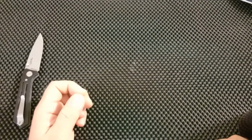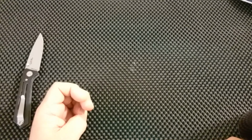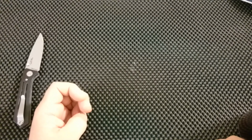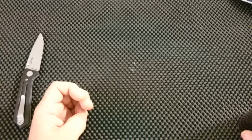I'd like to tell you a little bit about the knife community. For those of you who are already in it, you know it's an awesome community. People are very friendly with you and generally very generous as well. But for the new ones, for those of you who just started the hobby, well, I am gonna do a